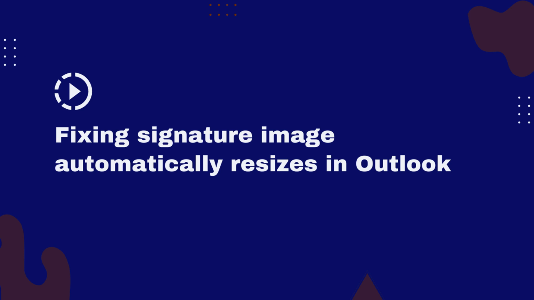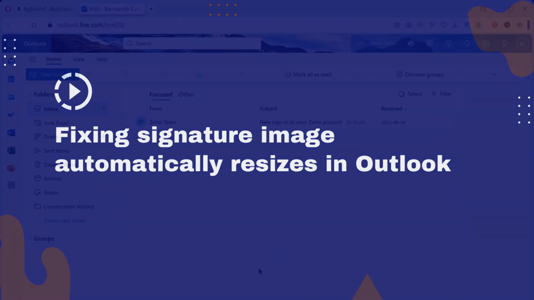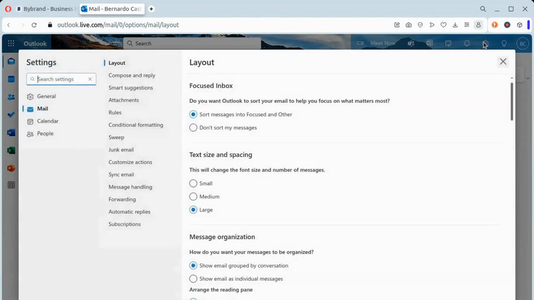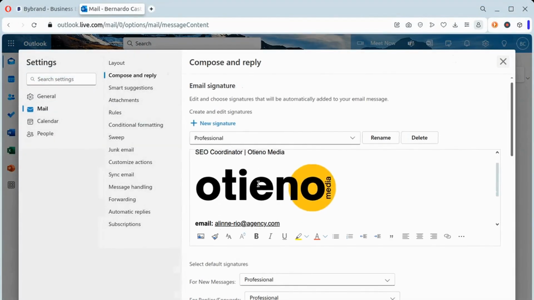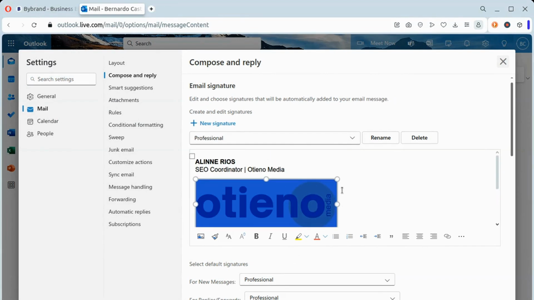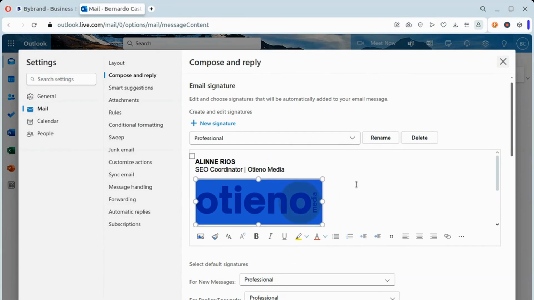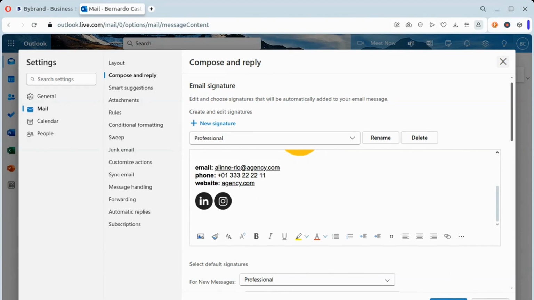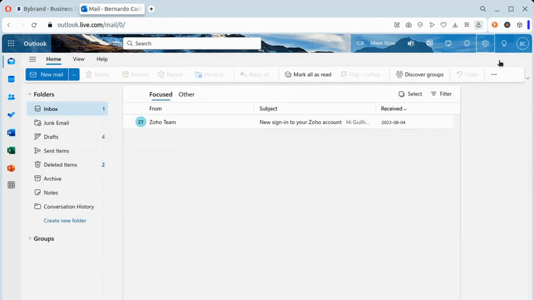Having problems with your email signature images appearing distorted on Outlook webmail? It's a common issue. Many email clients, including older versions of Outlook, may not maintain the exact image size, causing oversized or distorted images in your email signature. Similar to this example,